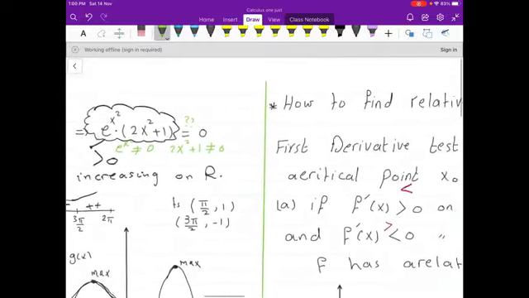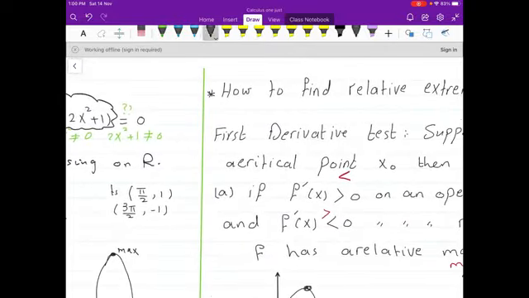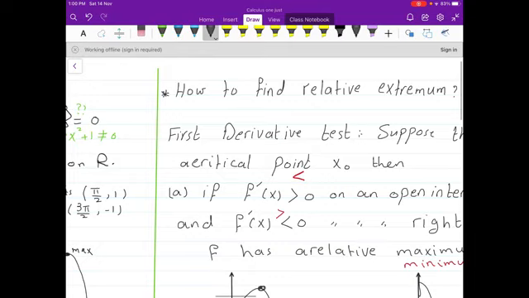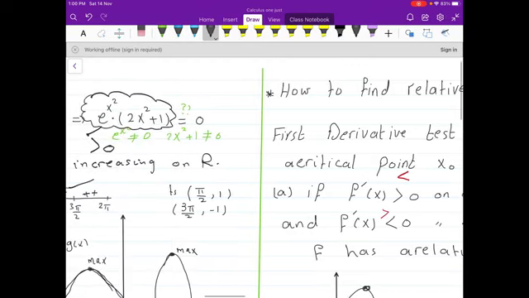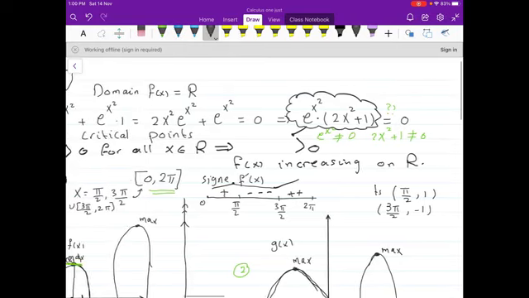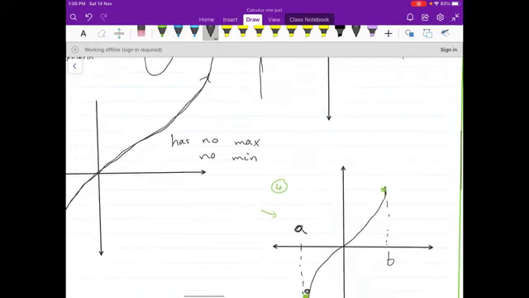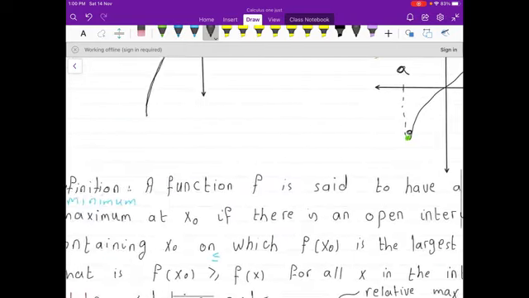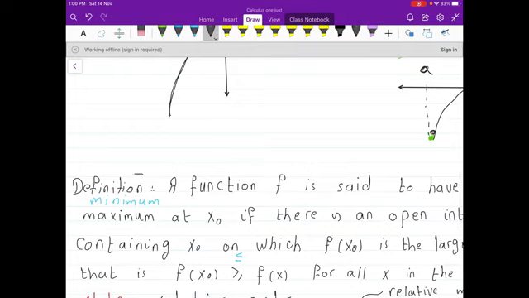So our question now is how to find a relative extremum. Relative extremum means either a max or a minimum. Before we explain how to find a relative extremum, we define what we mean by local max and local minimum. So, definition: